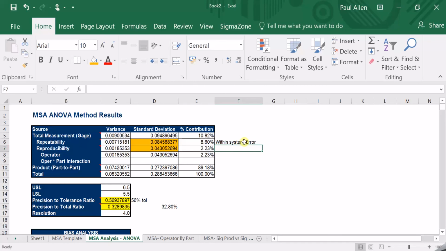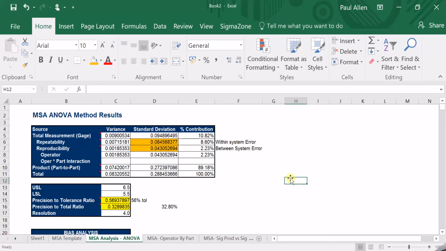Okay, that's what repeatability is. Reproducibility is between system error. So in other words, do the two systems agree with one another? So it's within and between, repeatability and reproducibility. An alternative name for this technique, by the way, is gauge R&R, and the gauge R&R stands for repeatability and